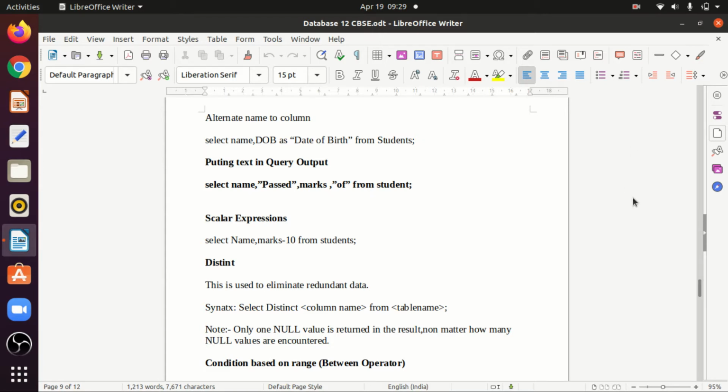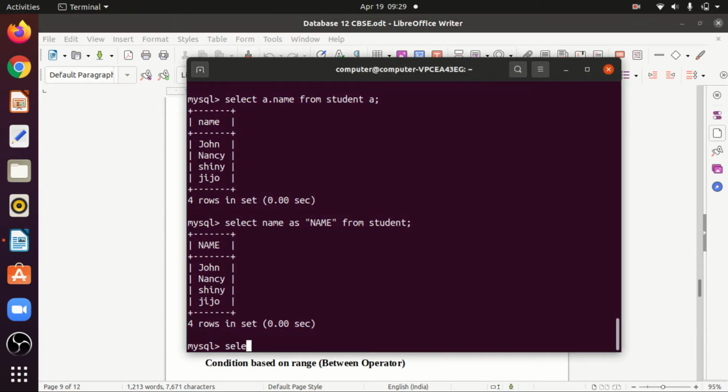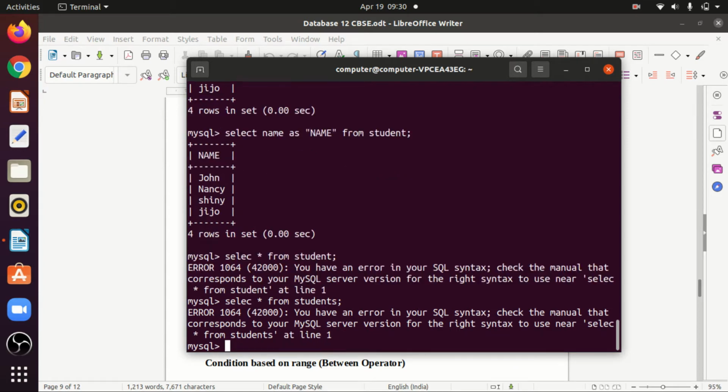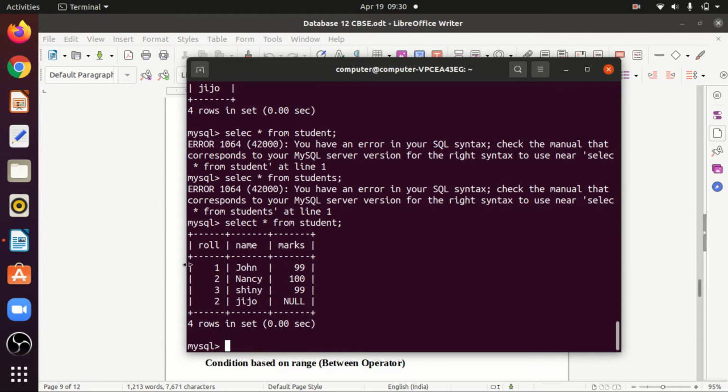For example, if I do select star from student, okay, so in this, if I want to change this name, so that I can do.